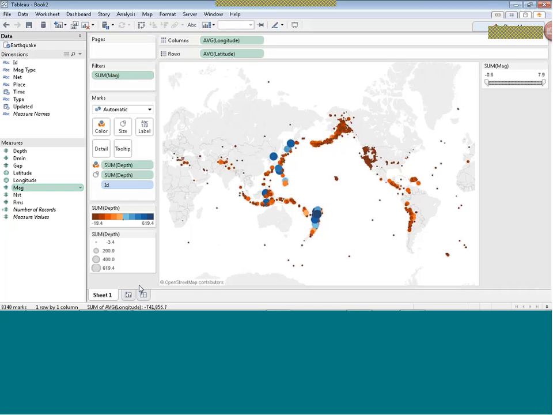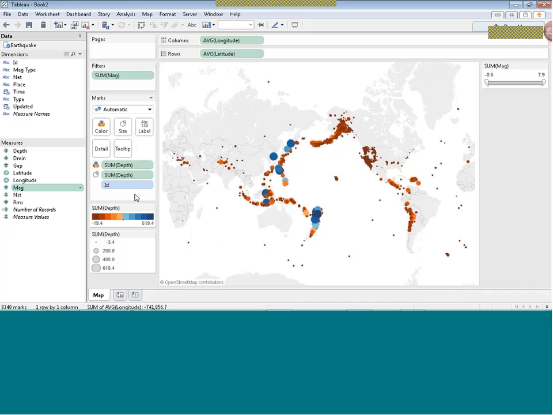It's kind of best practice as you move through your data discovery to remind yourself what you were looking at, what you were working on, by just renaming these down here. So you can either double click on the name where it says Sheet 1 down here, or you can right click and say rename sheet. So I'm just going to call this Map. That way I'll know really quickly where my map is when I'm working through Tableau. All right, so now to ask this different question on over time,